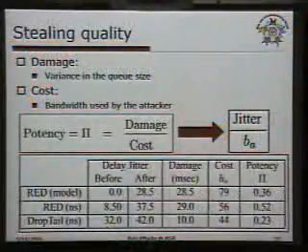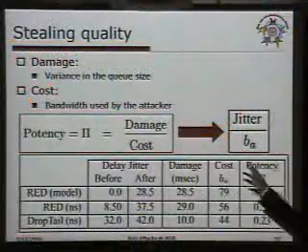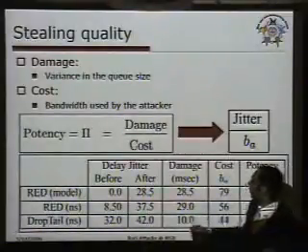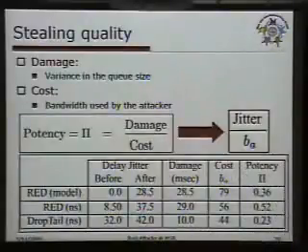Also, we can instantiate the damage as the variance in the queue size. This is of particular importance for streaming applications, for example. And again, the cost would be the bandwidth. So you can see here that